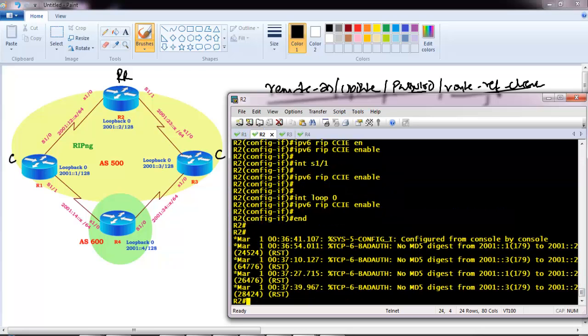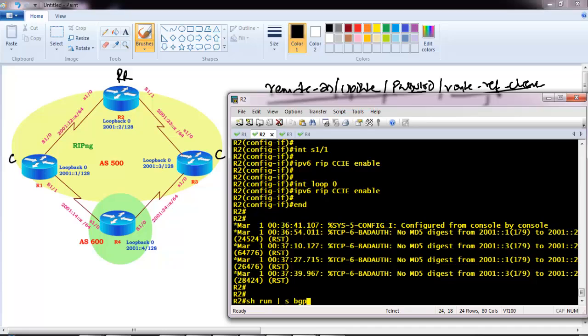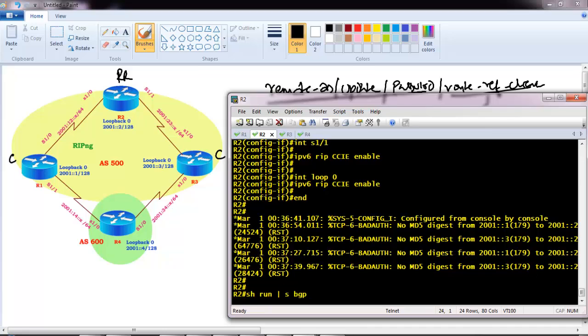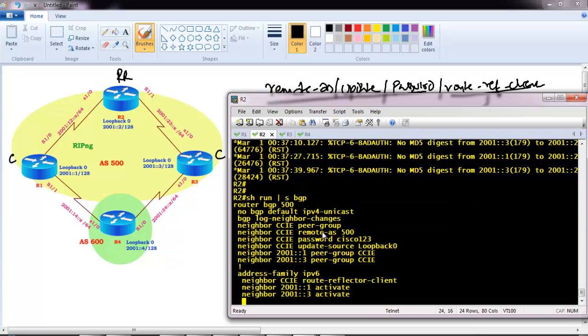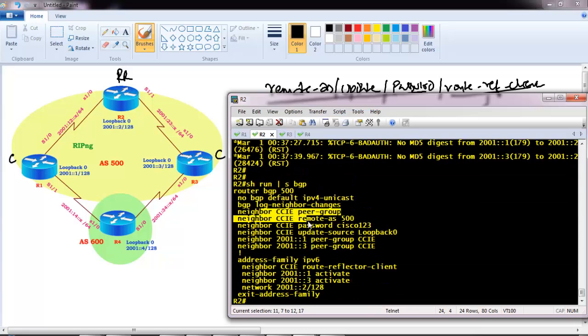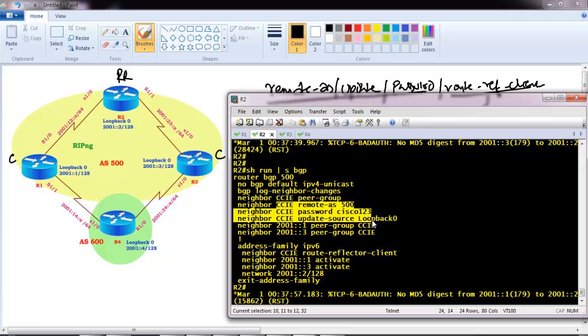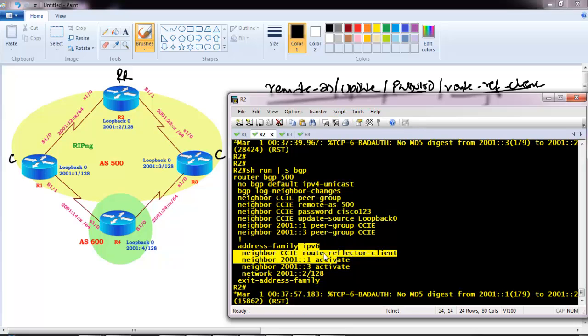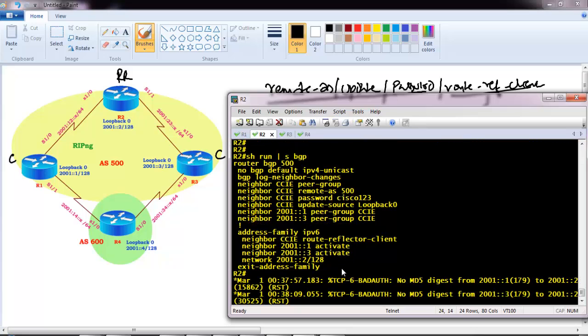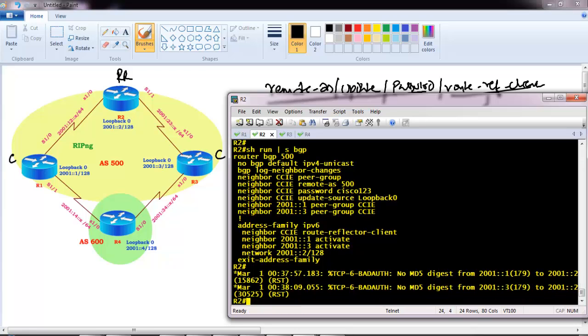So let's get back to our BGP configurations. If you remember, we already did the BGP configuration here on router 2. I have created a peer group with all the 4 set of commands. Now you can see, even though I configure here, it automatically takes here. And then the route reflector client command, and then activating for 2 neighbors. We did activate, right? Yes, activate for 2 neighbors and this peer group.